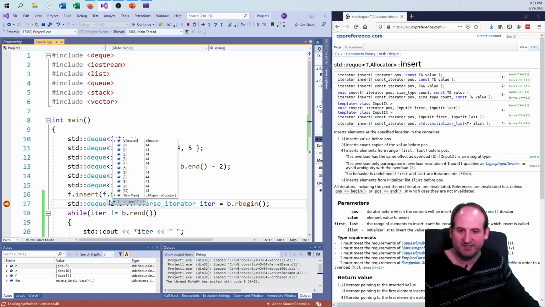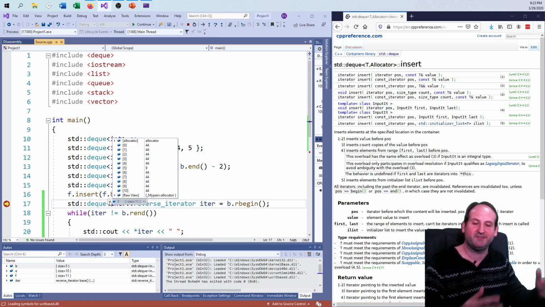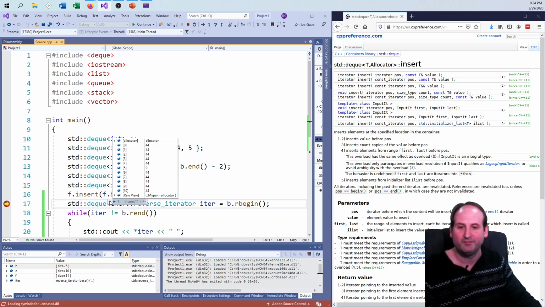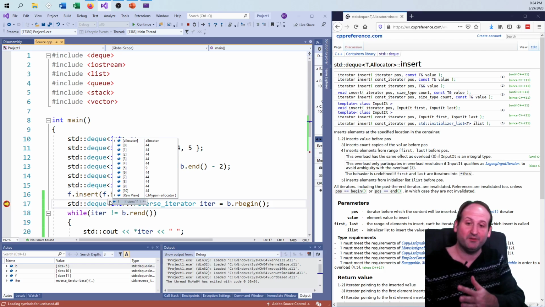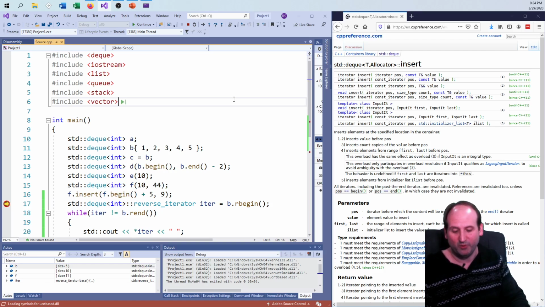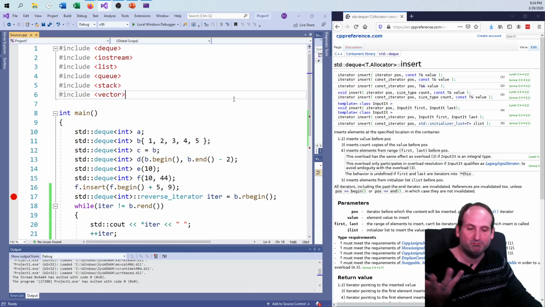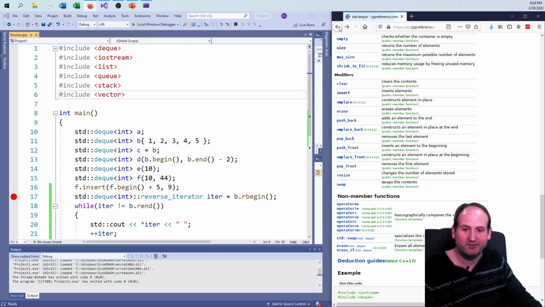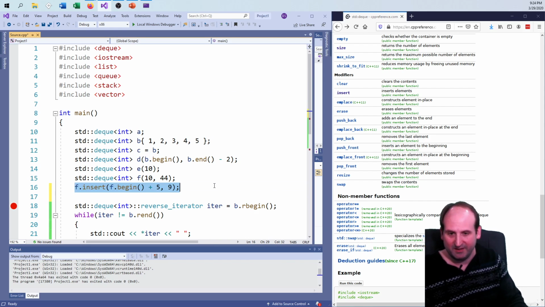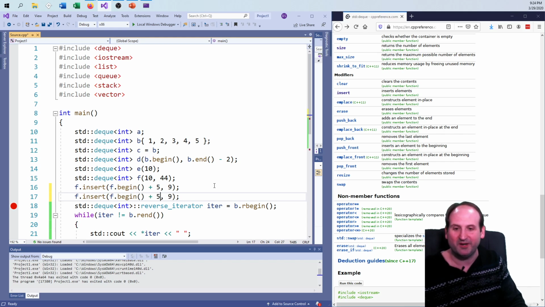So now you can see here, it puts a 9 into element 5 and shifts everything over to the right. Or it possibly might shift everything over to the left. It's a double-ended queue. We don't necessarily know what it's doing under the hood. As long as it's doing what we want it to do, and doing it fast and efficiently, we don't necessarily care how it's going about doing it. So erase works the same way. If I wanted to go ahead and erase it right back,